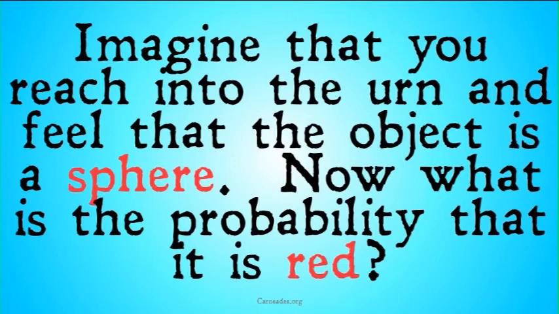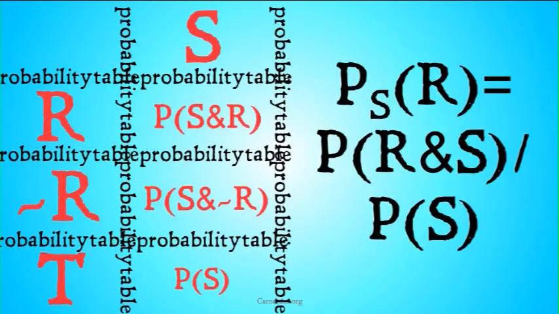Let's see how that makes sense back in our example. So imagine now that you reach into the urn and you feel that the object is a sphere. Now, what's the probability that the object you're holding is red? It's not the same as the probability of drawing a red sphere. Let's take a look. We are looking for the probability that the object is red given that it's a sphere,